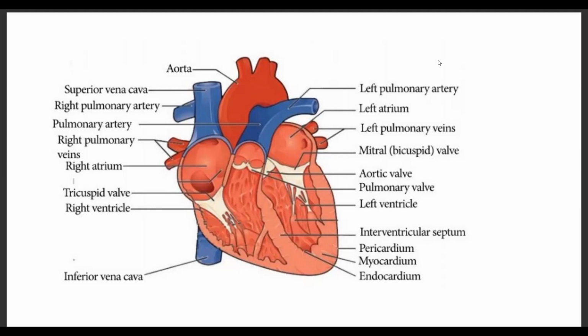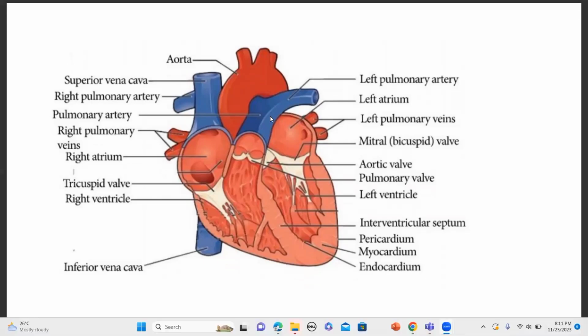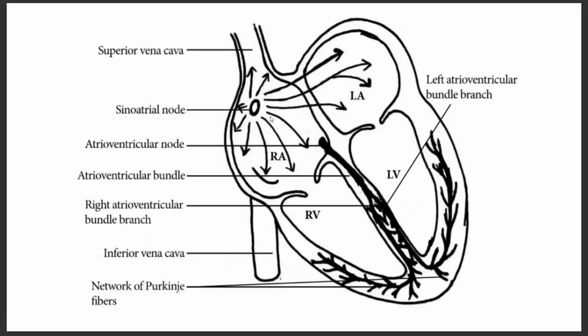Now, next one. Conducting system of the heart. The heart generates its electrical impulses, right? So it does not need any nervous regulation or hormonal regulation, because the electrical impulses are generated independently from nervous and hormonal regulation. Nervous system, parasympathetic, sympathetic nerves